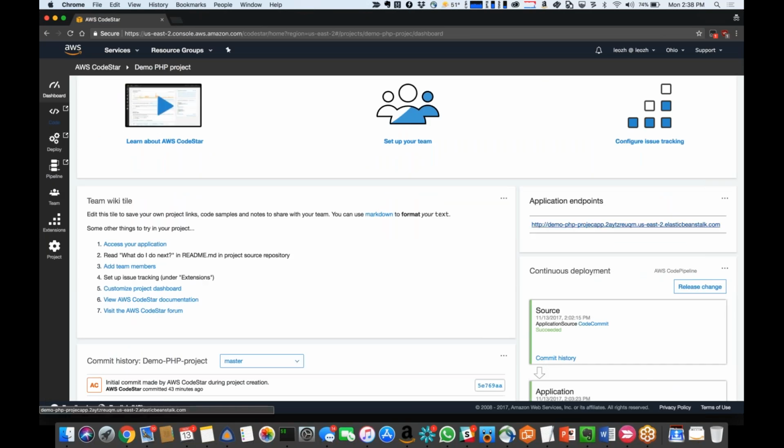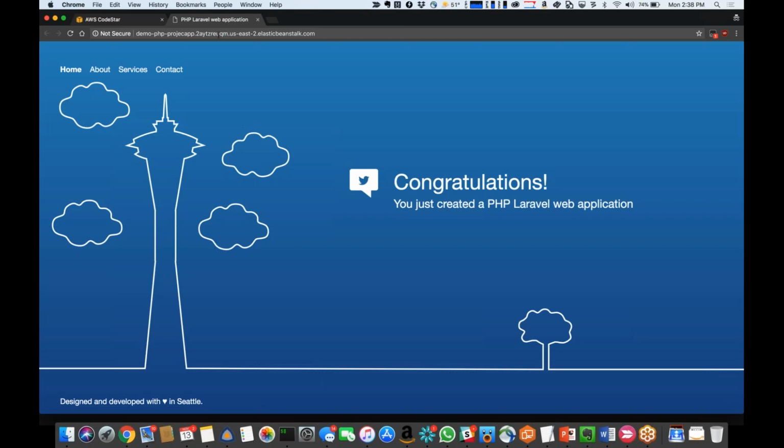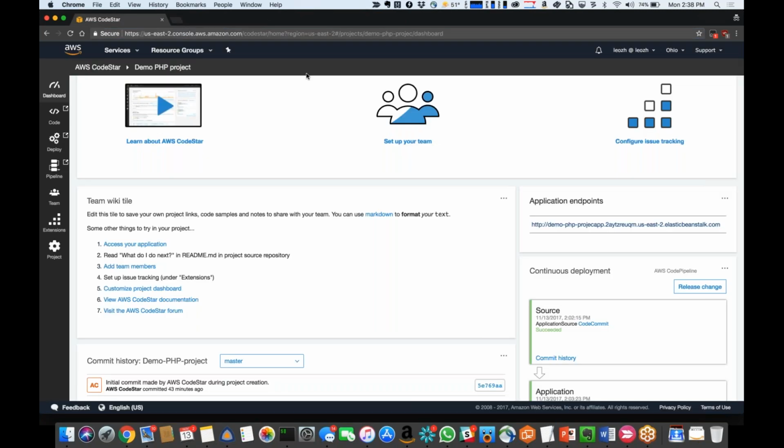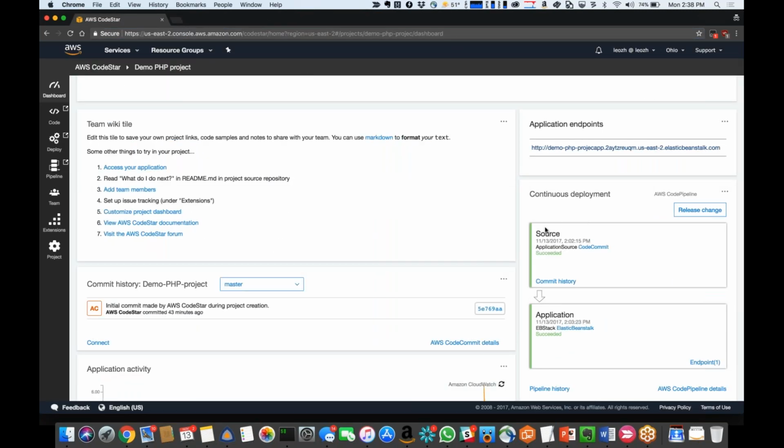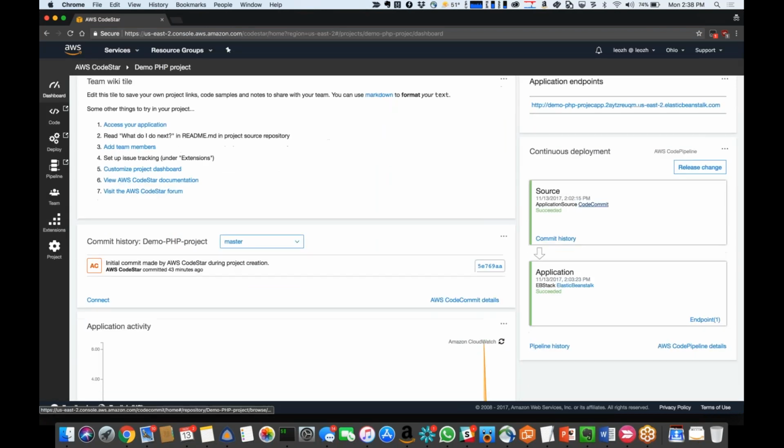And it gives me access to the endpoint for the project. So this is the actual endpoint. This is my actual application here. And this is my CodePipeline. So anytime I release a change in code, let's say I updated my code in CodeCommit, it's actually going to take the code and deploy it again with my Elastic Beanstalk